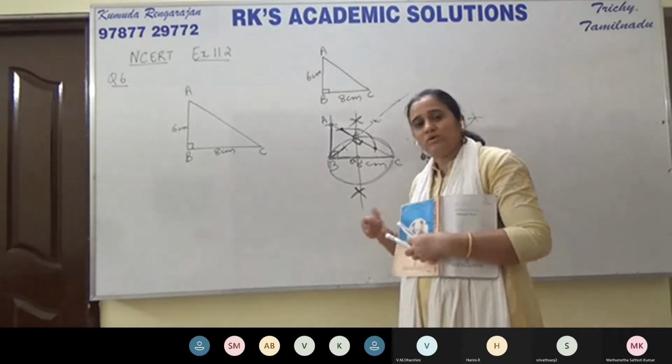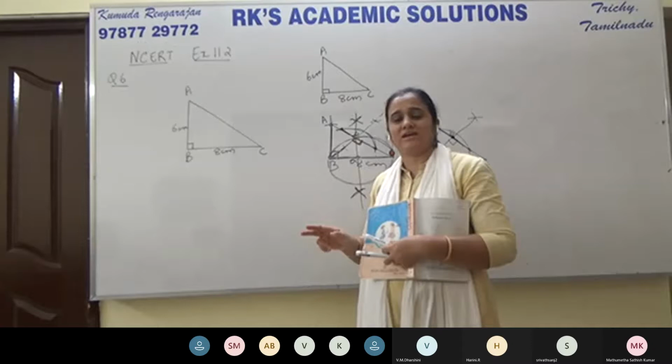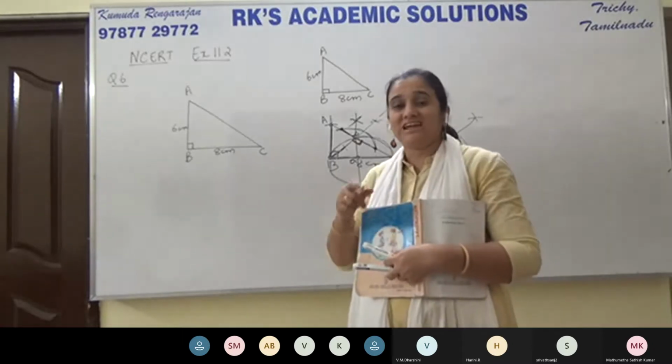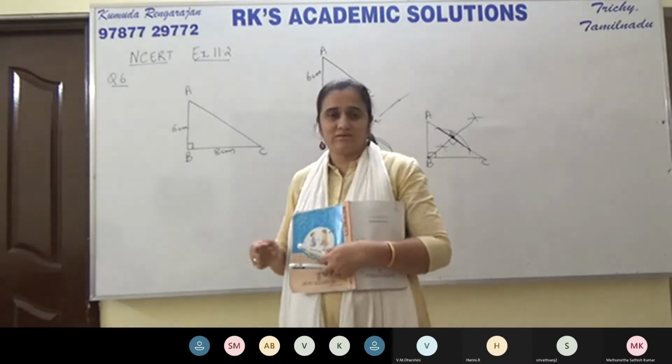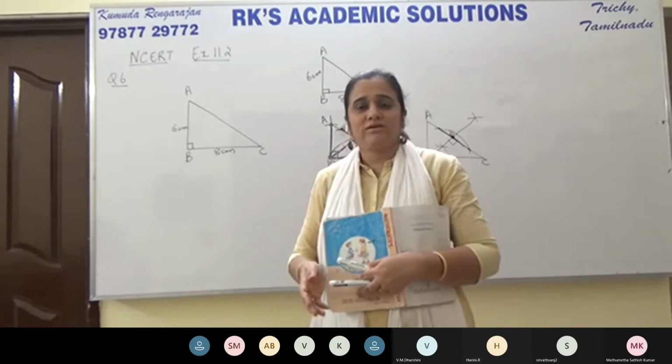So now we know that. We already have one tangent, children, from the external point. Now we have to draw the other tangent. But we know that tangents from an external point to the circle are equal in length. You all know this. You've written so many exams at schools. You all know it.